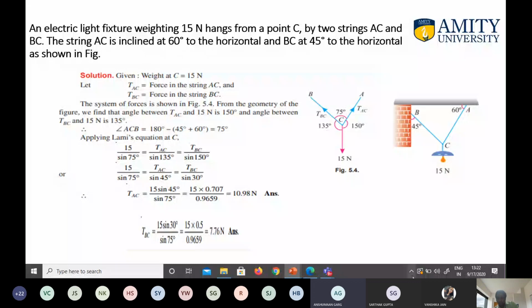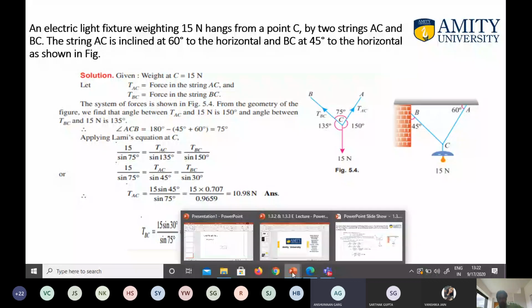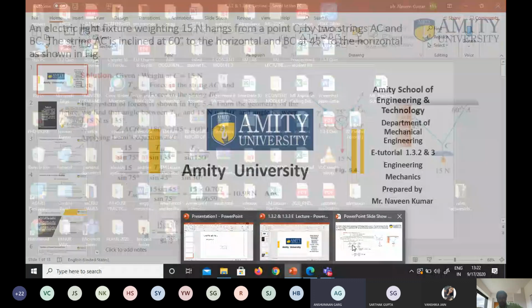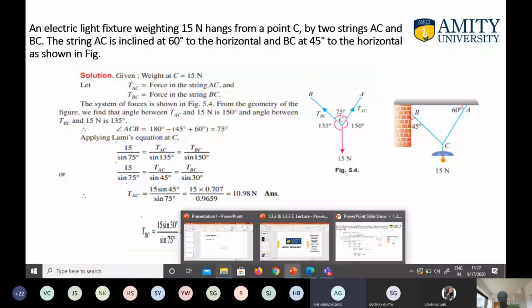So see, this is the point C where the weight is hanging, and this is the AC tension, BC is also tension. So this is the common point C around which all the three forces are meeting. So we have to simply calculate here the forces in BC and AC. So what will be the steps here for you? I will explain all the steps again. I am making the diagram here for you so that you can understand how you have to make it.